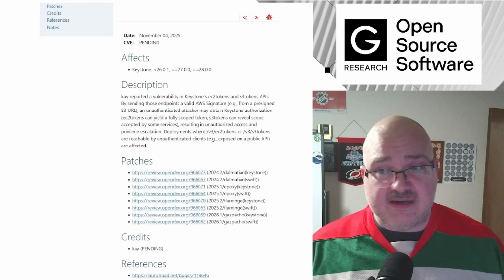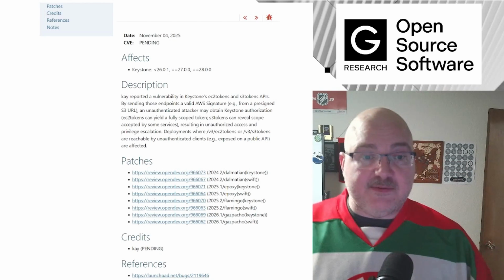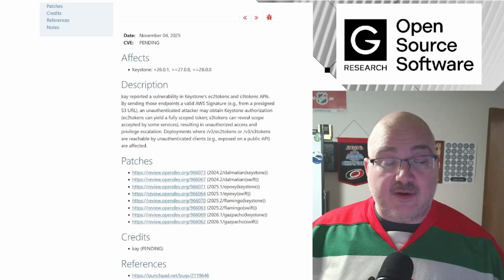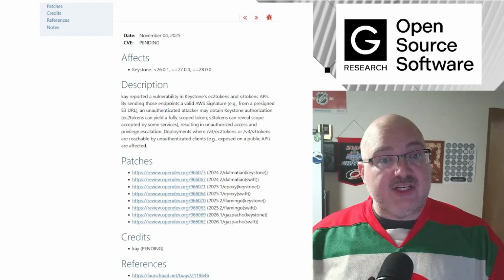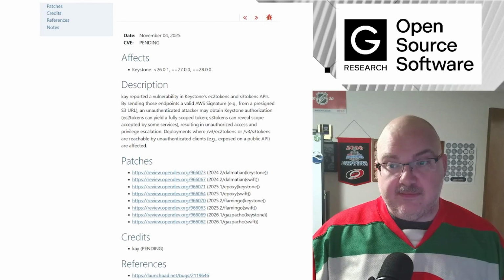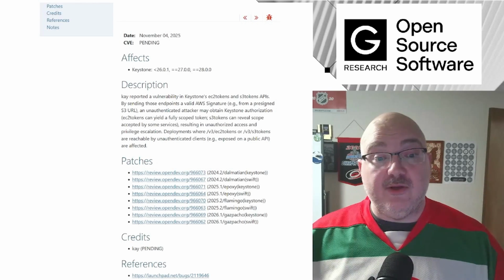So a couple of things I want to point out here is that you'll note we have Keystone and Swift patches, and that's because some Swift functionality around S3 does get broken if you're not patching Swift as well to authenticate to this endpoint. So I know that a lot of users in the OpenStack ecosystem might not be using